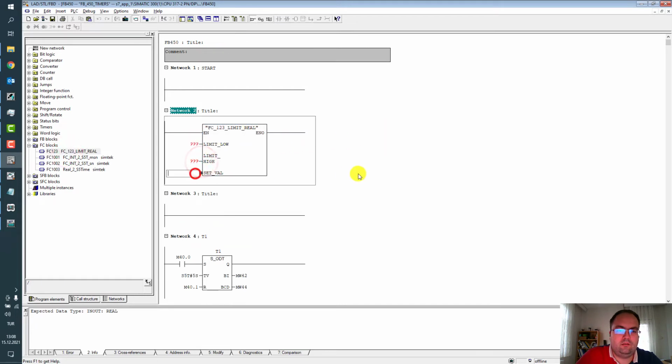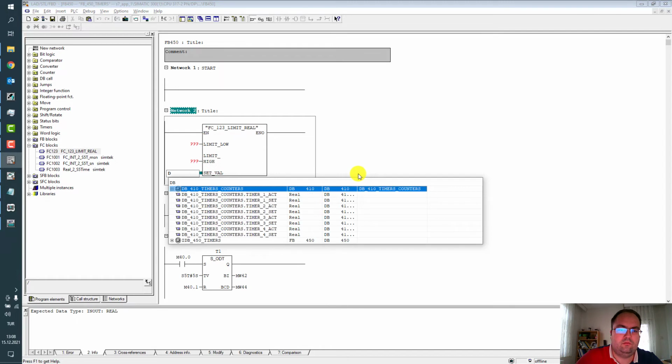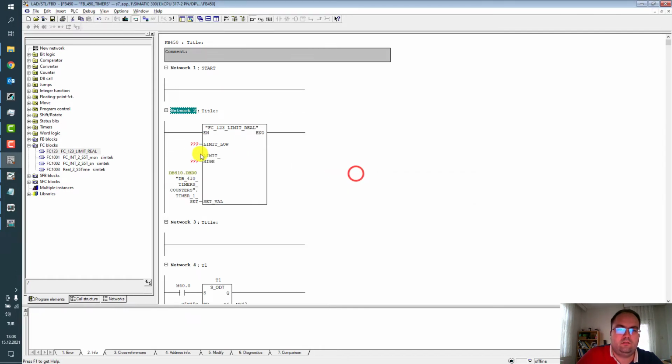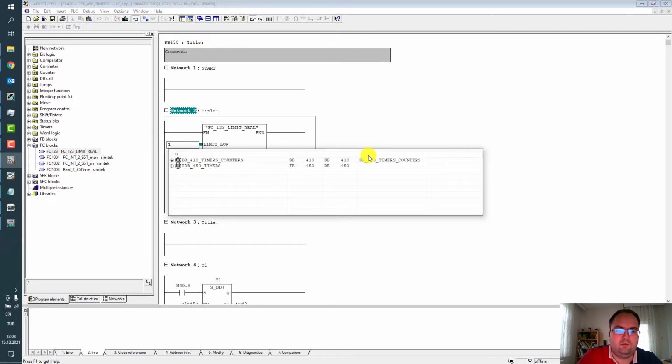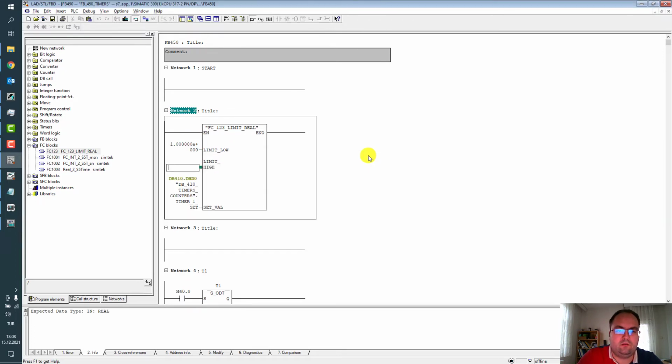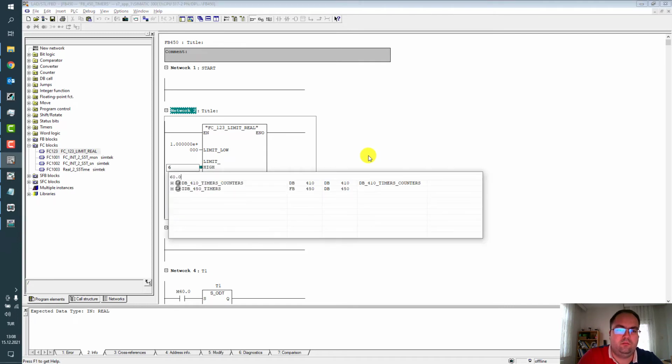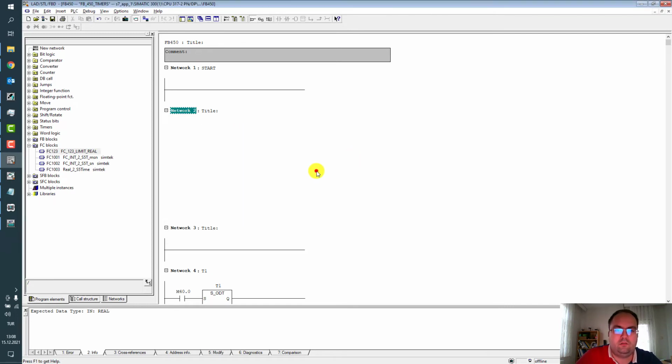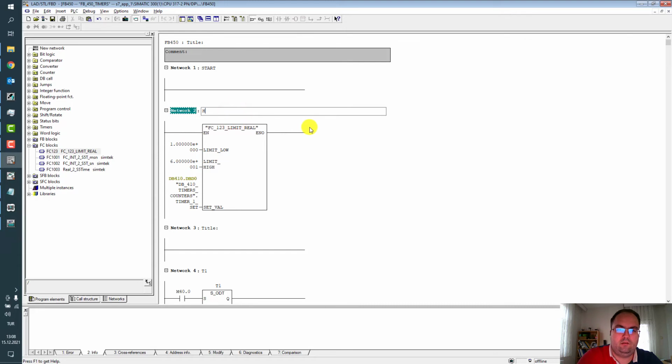And let's say data block timers, timer 1 set, and low limit can be 1 second, high limit maybe 1 minute. HMI operator parameter limitations.